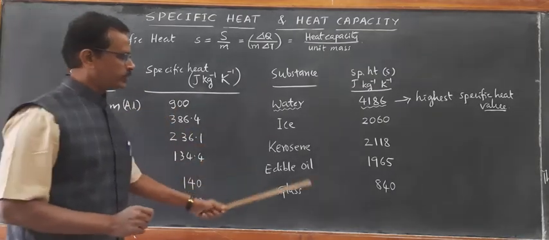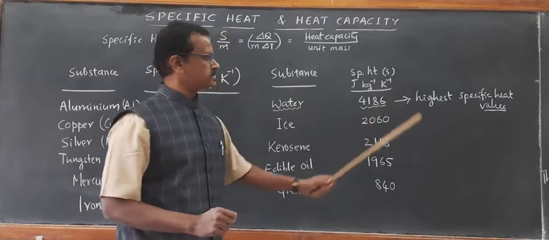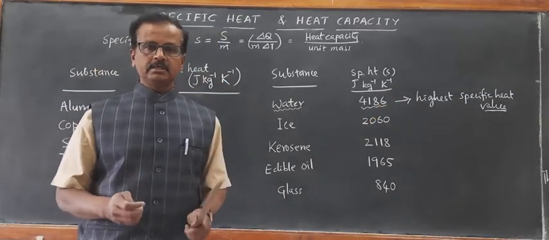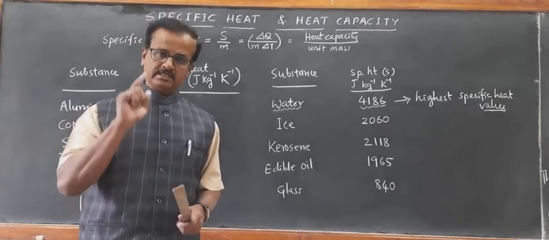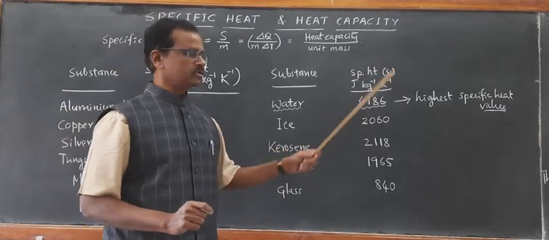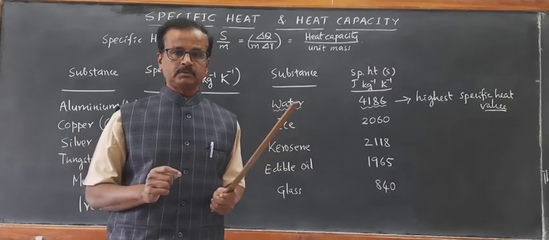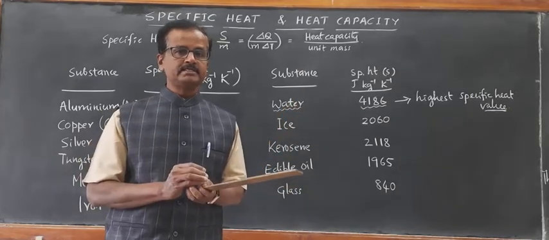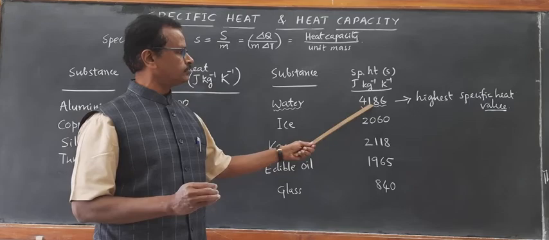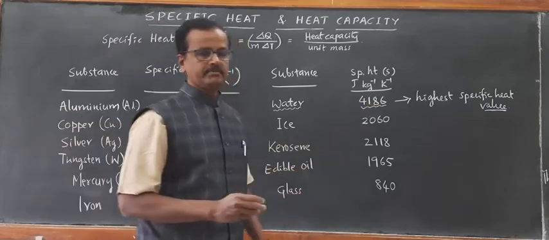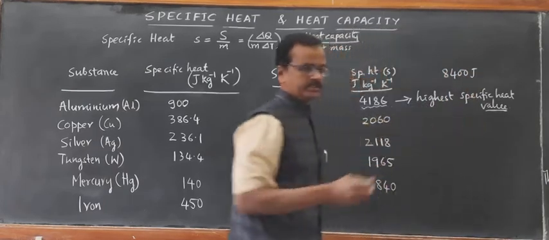So that is how we understand the meaning of the specific heats. The water has the highest value of specific heat. It means in order to raise the temperature of 1 liter of water or 1 kg of water by just 1 degree Celsius, it requires almost 4200 joules of heat. Suppose you have taken 2 liters, then its heat capacity becomes 2 times this. 2 liter, 2 kg into 4200. 2 into 4200 means it becomes 8400 joule for 2 kg.